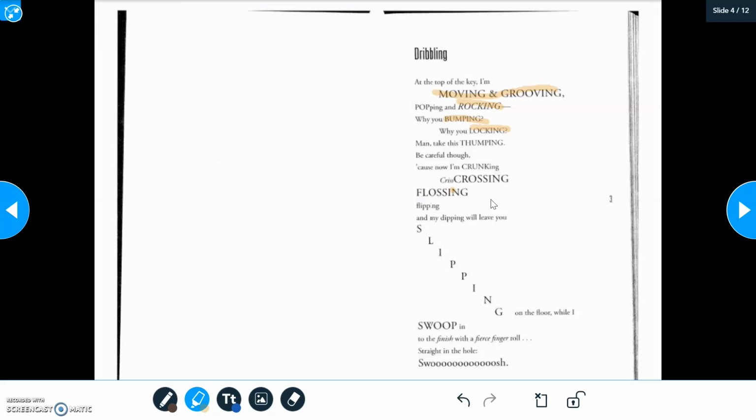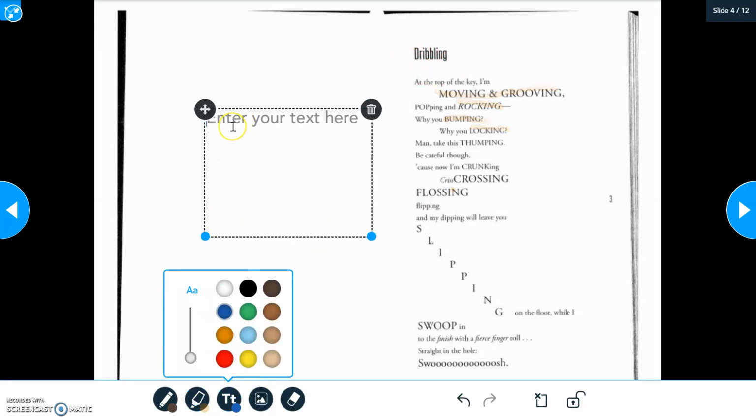These are all action words, in particular action words that you would see basketball players doing on the court, right? I can also support this because the title of the poem is Dribbling, which is a basketball action. So I'm going to get my text box and I'm just going to write my thinking, right? And I'm going to say action words are in all caps,